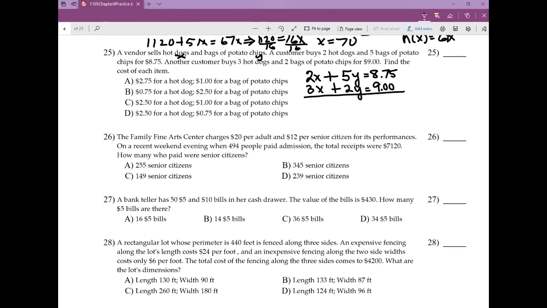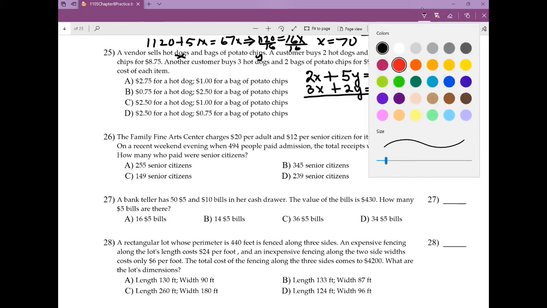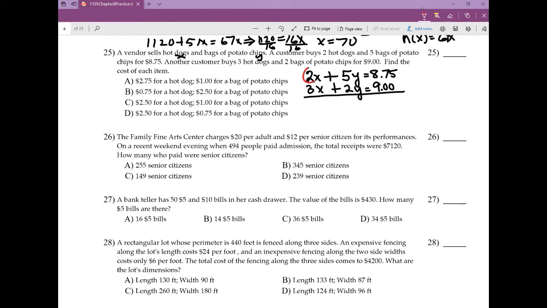What I would do is cancel one of the variables, so I'm going to go with X because X looks easy to cancel. And so I am going to multiply this by -3, and I'm going to multiply this by +2. So the X's cancel, I don't even need to worry about them. This puts me at -15y is equal to, and for the bottom part 4y is equal to 18, and 8.75,